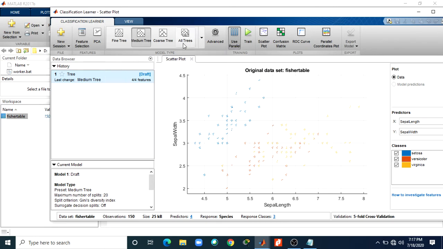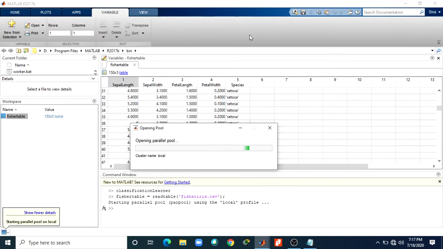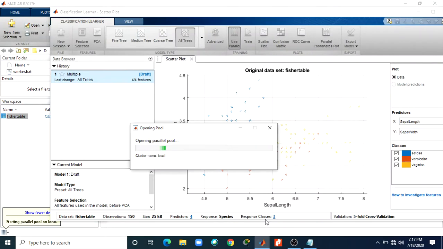For example, I am using all trees. Now you train. It takes some more time for training.